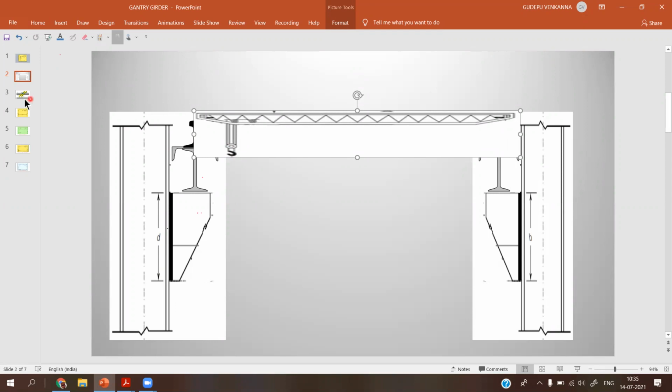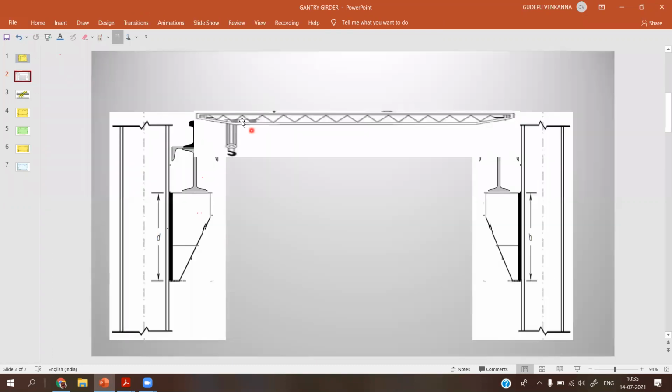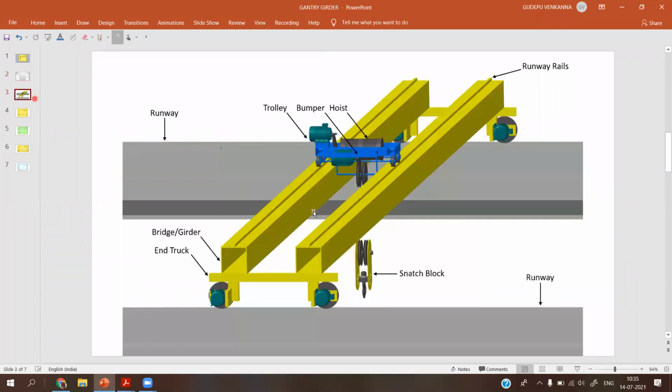Okay, so this is the front view of a crane girder. In this diagram, I am showing you a three-dimensional view of a crane girder. This is the crane girder. This is the trolley or crab.